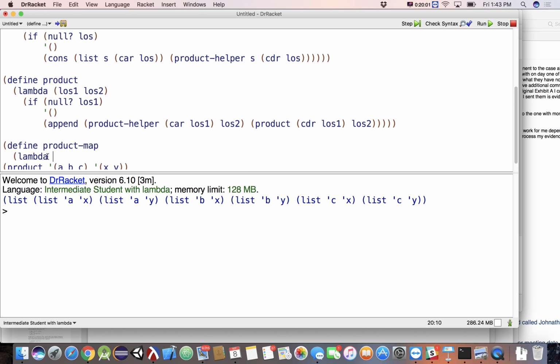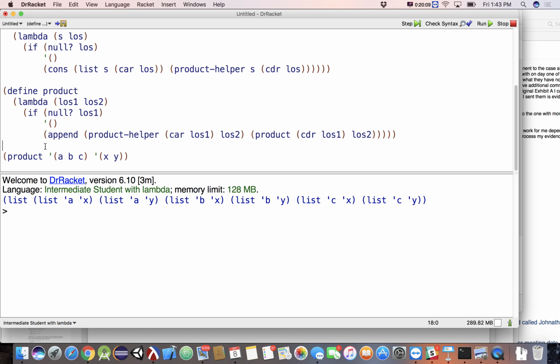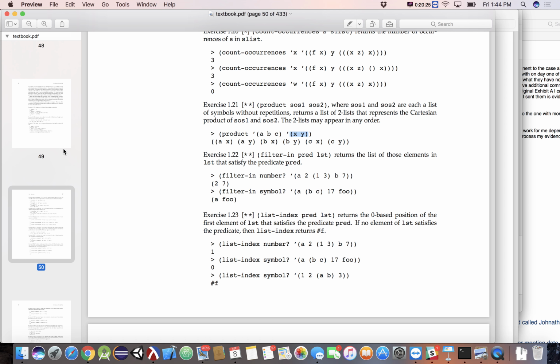Actually, let's solve the other one first, and then we'll come back and show you the map version of this, just so we have time, just in case the other one takes longer. But effectively, we would map a symbol onto create a list of these two things in that second list, giving us a new list, and then append all those together. So map would make this a little bit shorter, actually not substantially shorter.